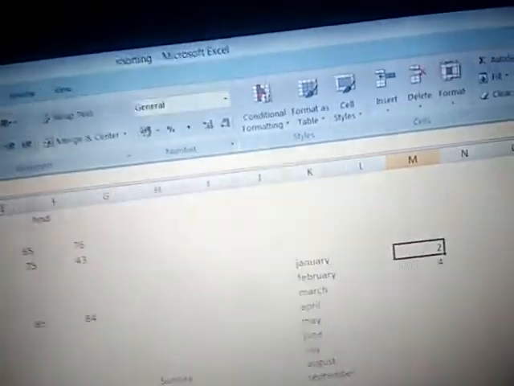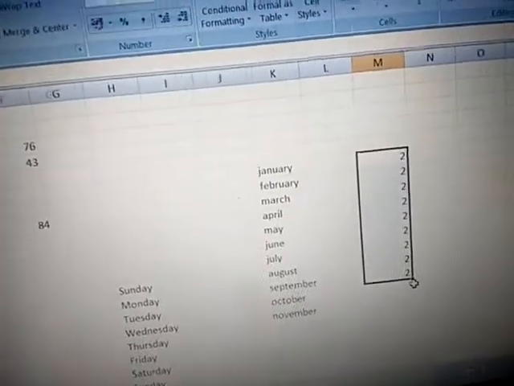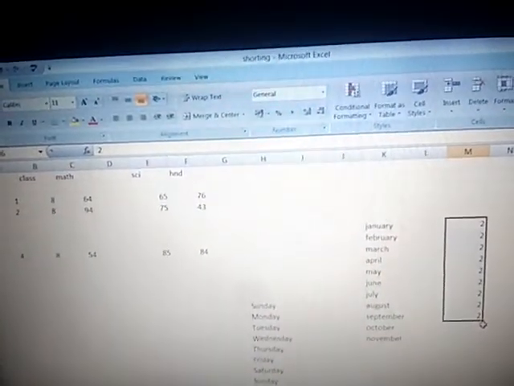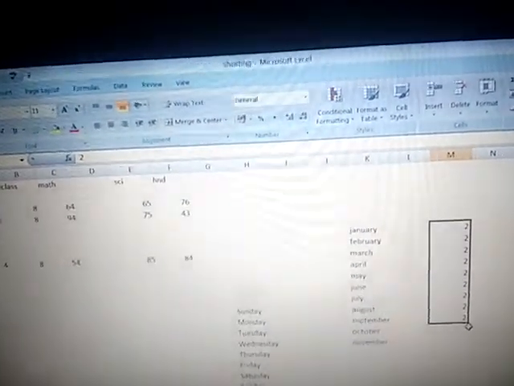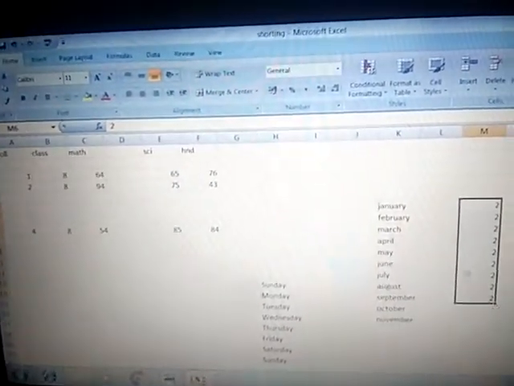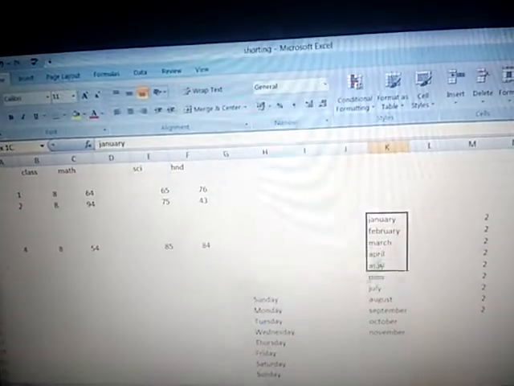Okay, and when I click on redo, see there is the redo option. That means what is the meaning of undo? It means undo the action. And what is the meaning of redo? Redo means whatever we have done, it shows me again. Okay, so this is the practical you will generally do in 7th class, lesson 4.